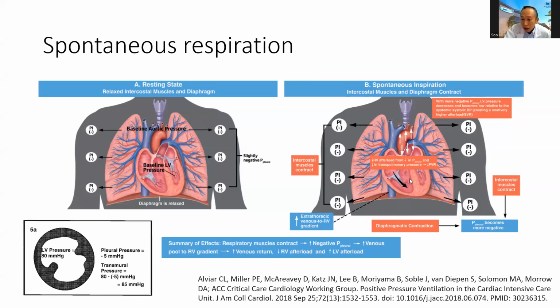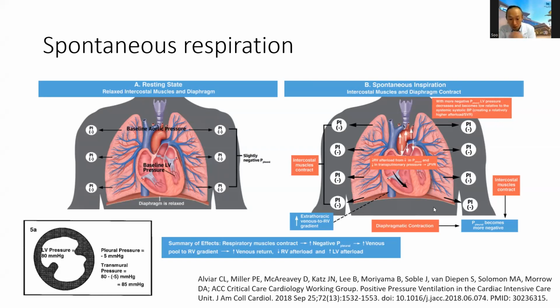But what happens to the left side? When they get oxygenated, it will come back to the left side of the heart and then fill up the left ventricle, and then the blood will be ejected out. But because the cavity here is a bit negative, the blood will try to remain in this cavity, and you will have difficulty getting the blood out, because that is how it goes when spontaneous